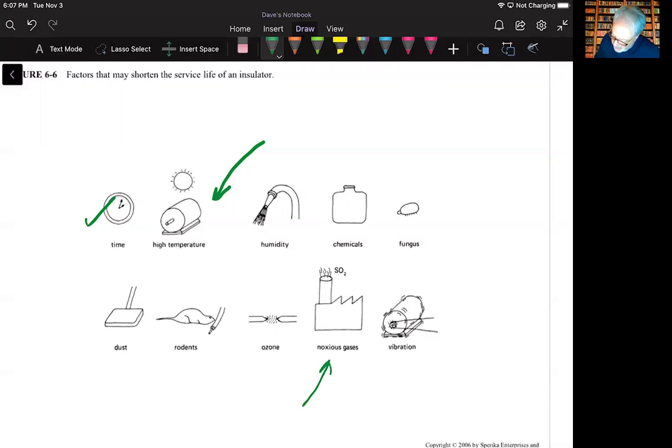This is thinking more in terms of the environment that this is operating in. And some of these things can cause the insulation to crystallize. We might think of it more as a hardening. And as all this occurs, the insulation becomes less able to do what it's intended to do. And once this crystallizes and hardens, you can get a crack or a break in it, and all sorts of things occur when this happens.